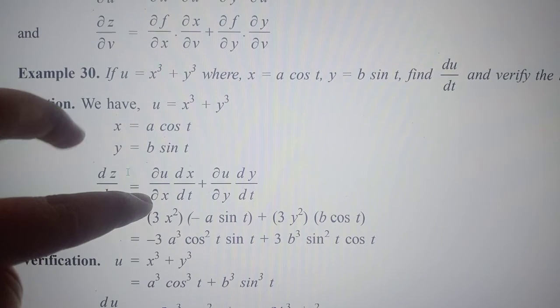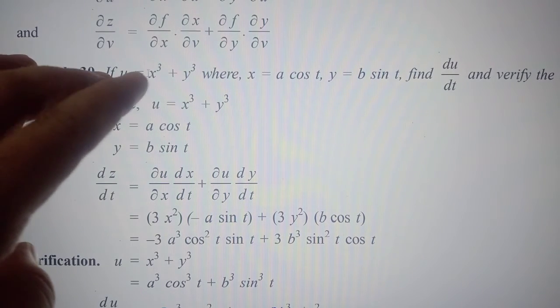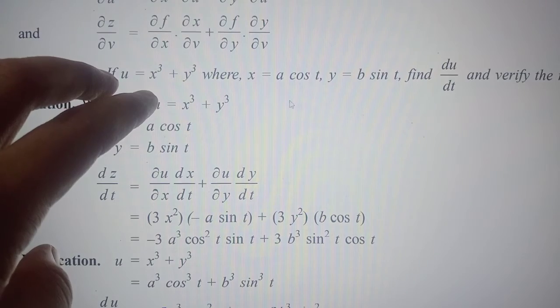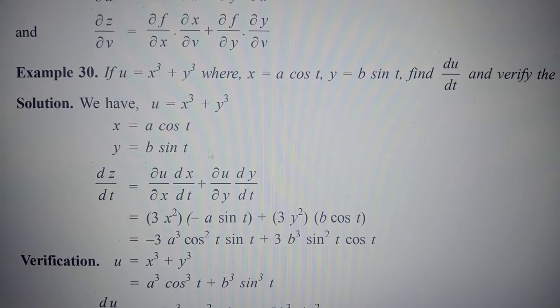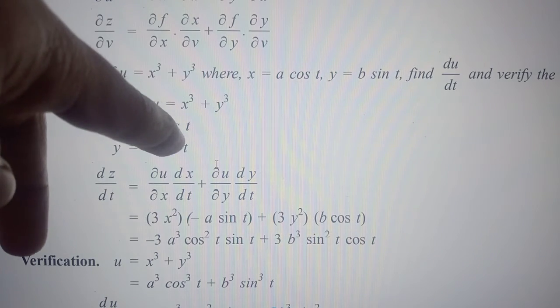So dou u by dou x, for that we differentiate the u expression with respect to x, that is x cube differentiated with respect to x, that is 3x square. Here also we have to find dou u by dou y, that is y cube differentiated with respect to y is